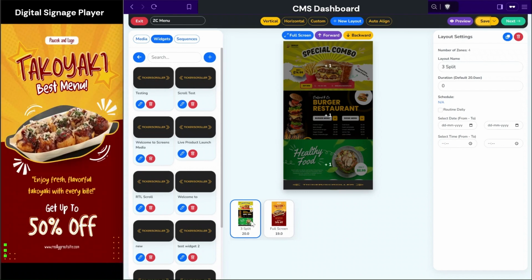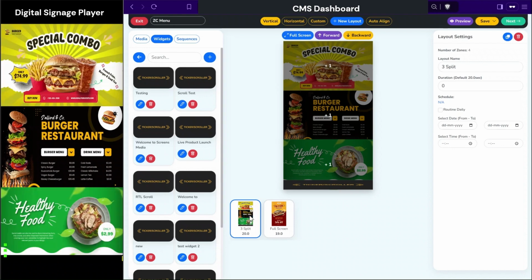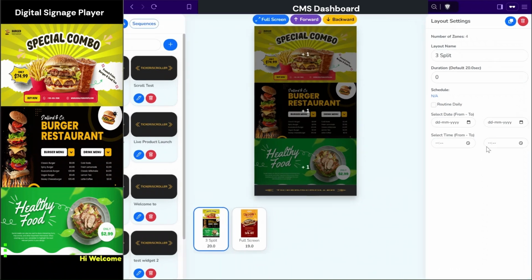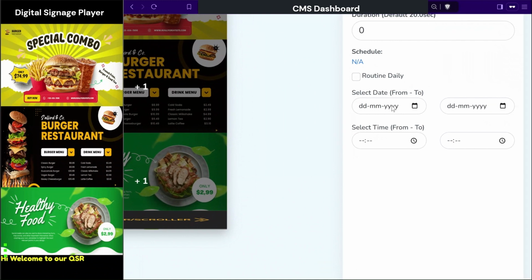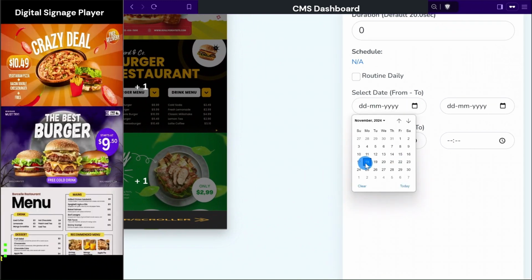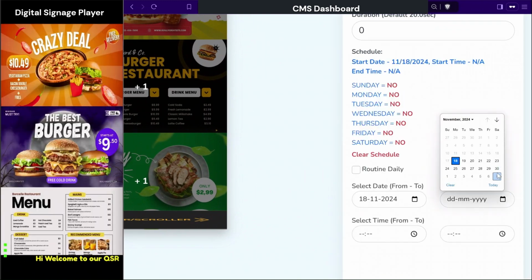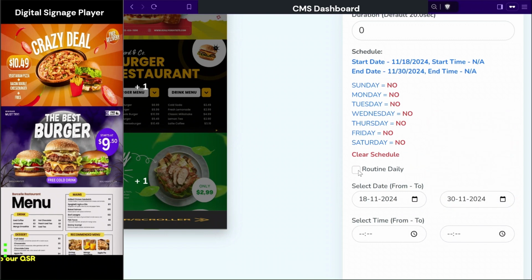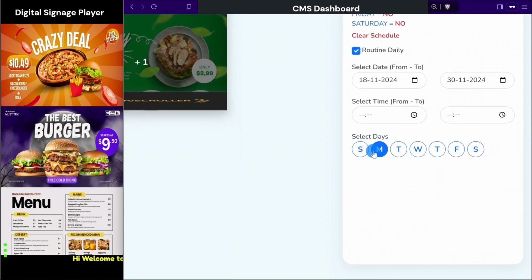Now we can schedule the content to run on specific time of the day. We can click on the layout. On the right hand side, we can see the schedule section and add certain timings for the layout to display. We can quickly do this. We want to run it from today to every day, from Monday, Wednesday, Thursday, Friday, and